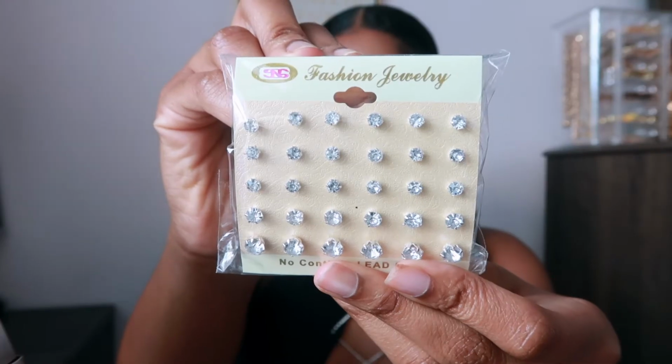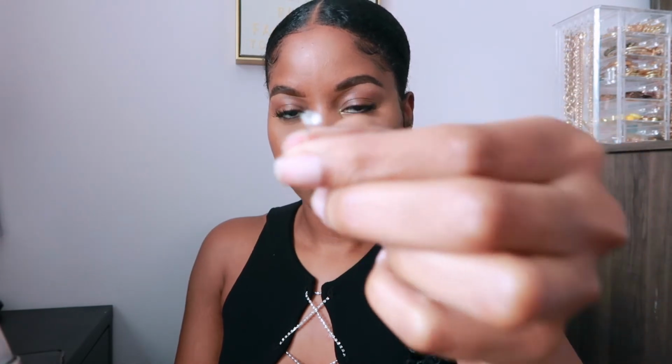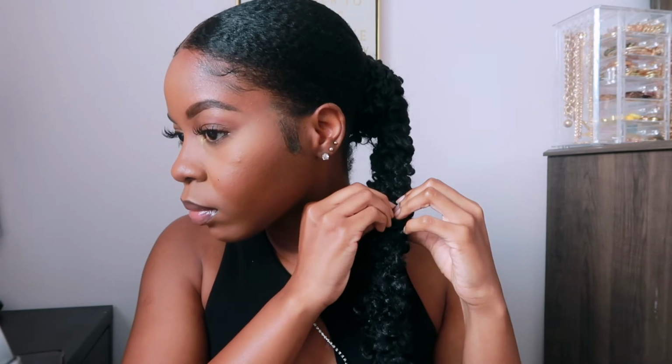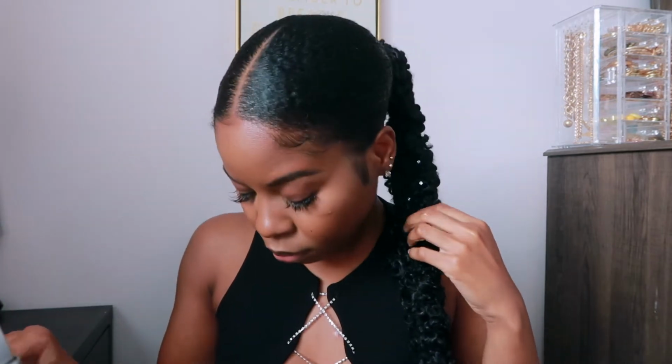And now to take the hairstyle to another level, I'm gonna go in with some diamond studded earrings that I got from the beauty supply store for literally $1, and I'm just gonna use that entire pack and put it into the braided ponytail. So basically all I do, I just take the earrings out and I just put them randomly in the ponytail. And I noticed that throughout the day when I had this, some of them did fall out, and what I did to combat this is that I basically took the ones that fell out,